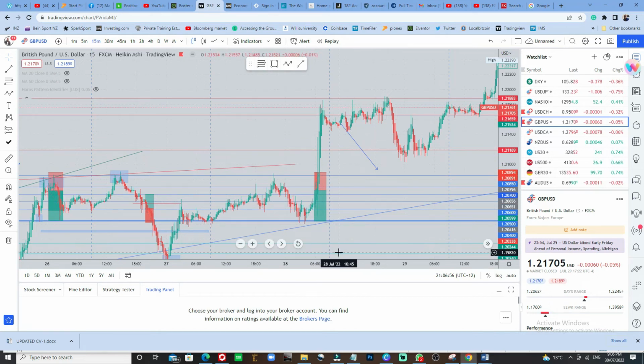Sometimes there might not be one complete setup. What I mean is, here is a good point to enter a sell. What do I mean? If you take a sell from here, look at this weak rejection touching the psychological level, but there's no trend line. But you know what? There is a trend line.